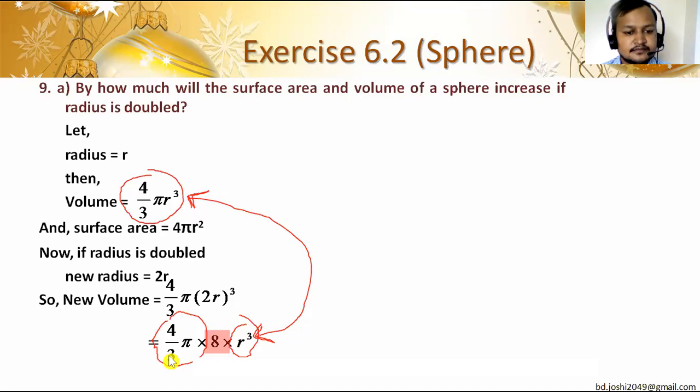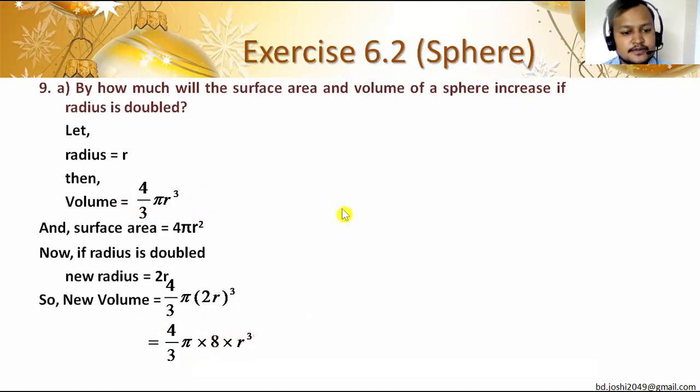Yes, sir. Volume after doubling the radius, radius double गरिसकेपछि हुने volume, that is 8 times the original volume. Or if it is asked to find the difference, यो कतिले बढी छ भनेको difference find out गर्न भने पनि हुन सक्छ. So we have to find the difference between the new volume and the old volume also. That we will do after a few seconds. So before that, let's calculate the new surface area also.